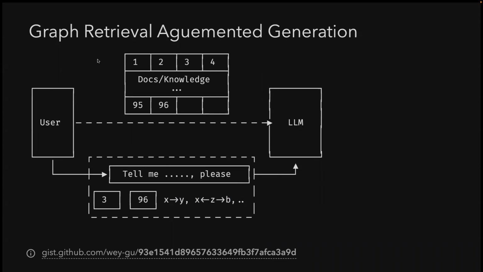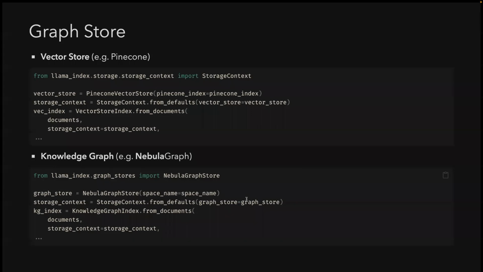And if we look back to this workflow, we just get the knowledge graph, the relations between the entities, the small pieces of knowledge, as the context to be sent to the language module. To do that, we collaborate with the community of LlamaIndex. We define a new storage called